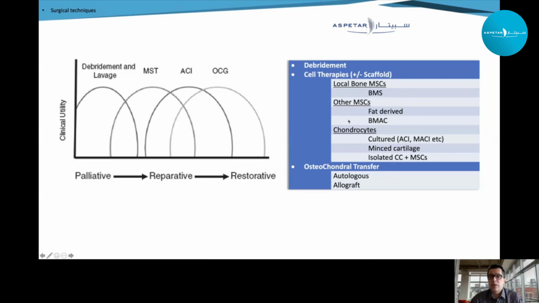And the second group inside the cell therapies, which is considered to be the golden standard, is cultured autologous chondrocyte implantation with chondrocytes themselves. And we are moving now more and more into minced cartilage, so having cartilage on the spot in one stage, and isolated chondrocytes with stem cells, signaling cells,